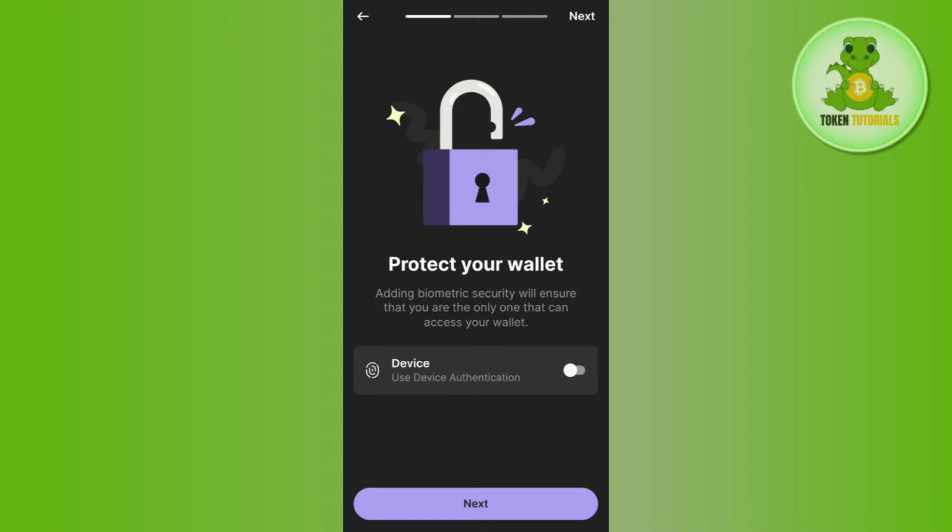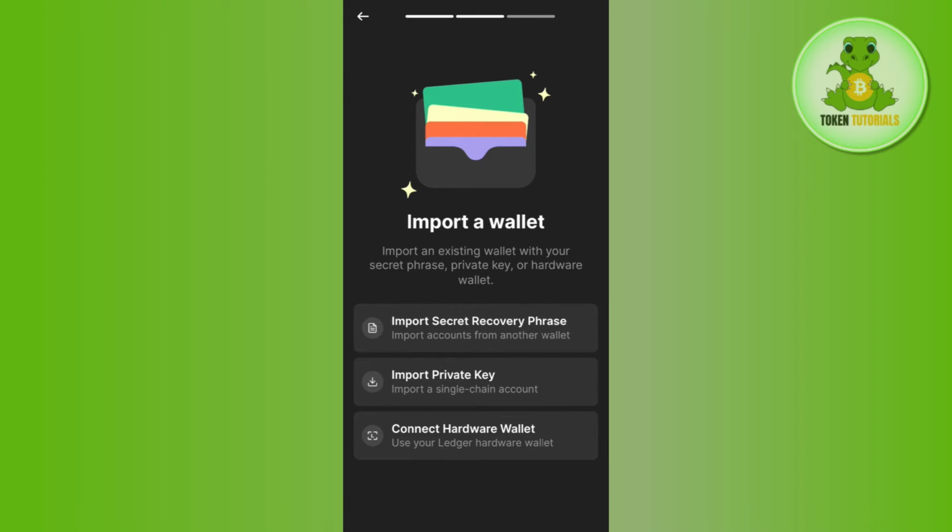wallet. Once done, it will ask you whether you want to protect your wallet with the help of device authentication. So if you want to do so, then you just have to turn the toggle button on right next to it, or if you don't want to do this, then skip this step and press the next button at the bottom. After doing so, you will land on the second step, where you are going to see three different